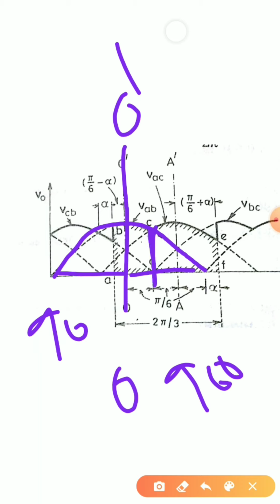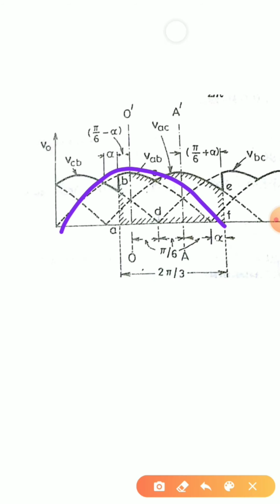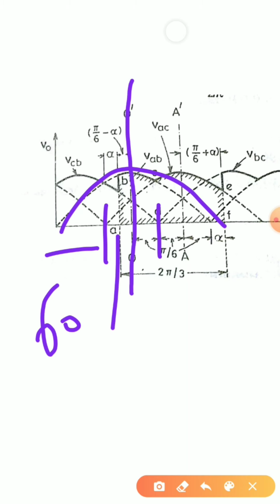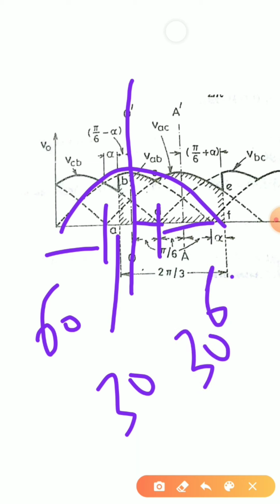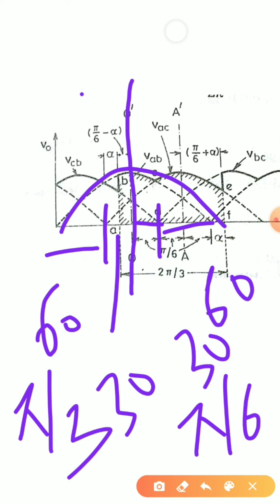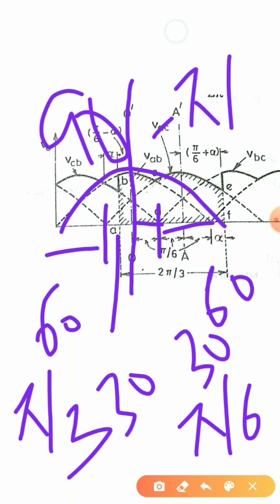So clearly I know that this is going to be 30 degree, this is going to be 60 degree. As earlier we have said, if this is my full waveform, this is 60 degree, 120 degree, 180 degree, this is 90 degree. So it means that this is 60 degree, this is 30 degree, because 60 plus 30 is only going to be 90. Then again this is 30 and this is 60. 30 I'll be writing as pi by 6, 60 I'll be writing as pi by 3, and 90 I'll be writing as pi by 2.